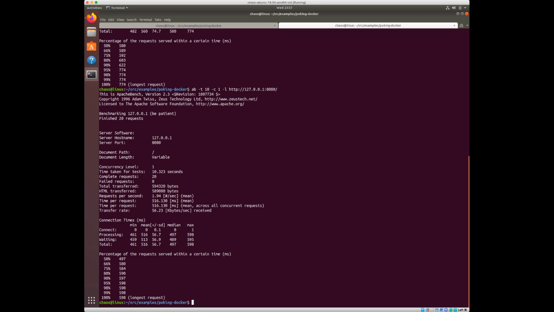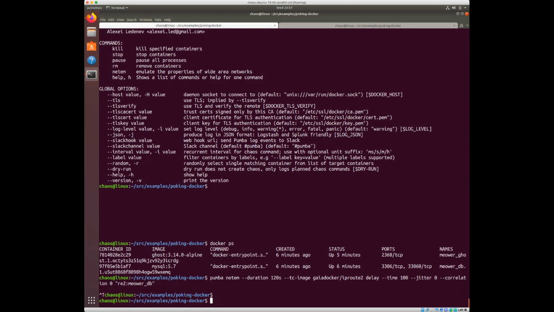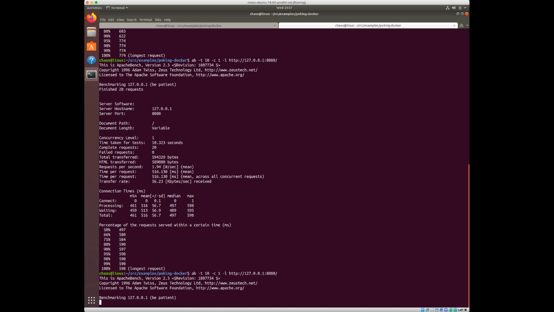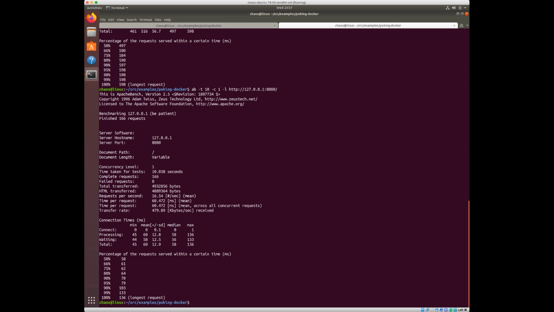And the reason for that is that Ghost probably talks to the database more than once, even for the index page that we're querying. And that means that if that container's networking is slowed down by 100 milliseconds, what we're actually going to see is closer to 500 milliseconds delay. So just to confirm, I'm going to rerun it again so that we can see that we're back to 50 milliseconds because the Pumbaa setup is done. So about 60 milliseconds, which is good enough.